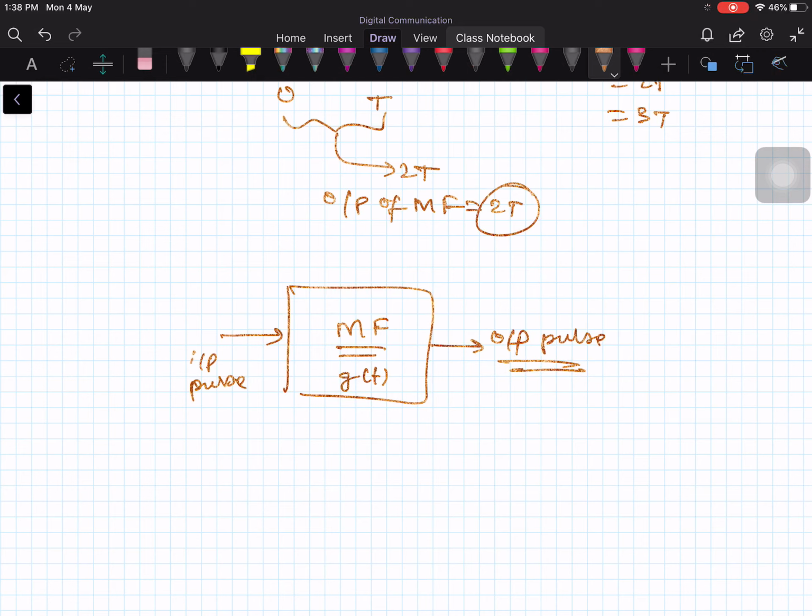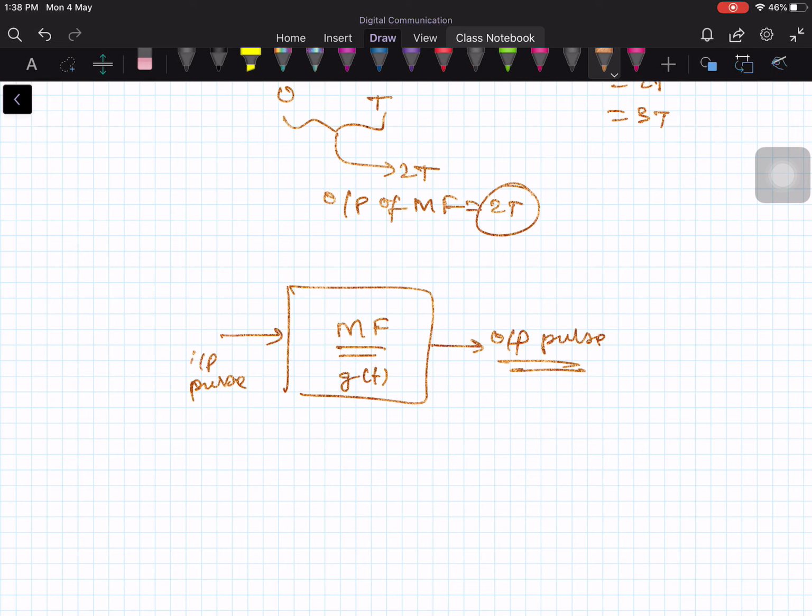The shape of the output pulse should not interfere with the next bit interval. That is the very important thing I should consider, irrespective of the impulse response and the input pulse shape. You choose whatever pulse you like, the input pulse and the impulse response. But finally what I am interested in is that at the output, the pulse should not go and interfere with the next